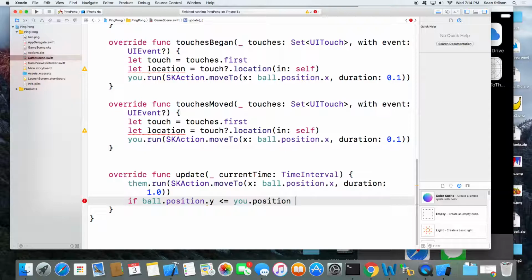Let's see now for our position, this is going to be at the top of the surface of our paddle. So we need to subtract the width of the paddle and then maybe give ourselves a cushion past that just to be safe. We'll try that out and see how it works.